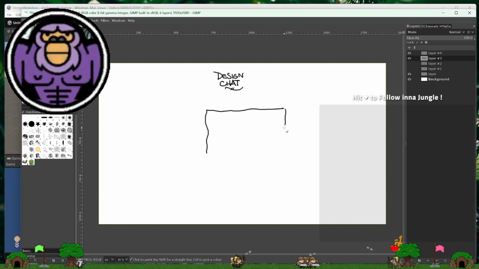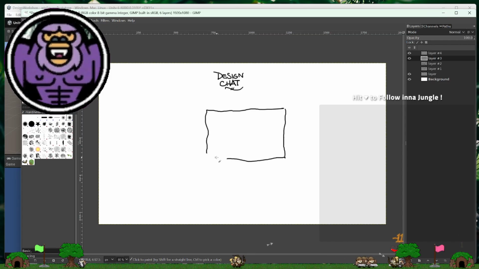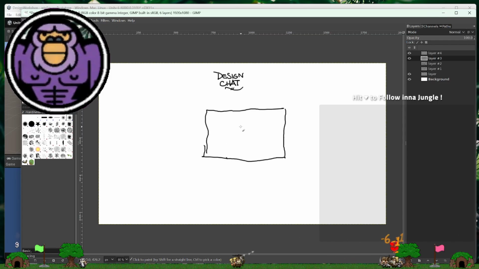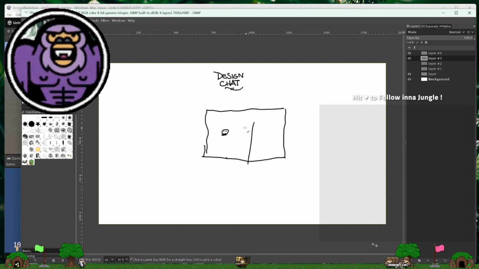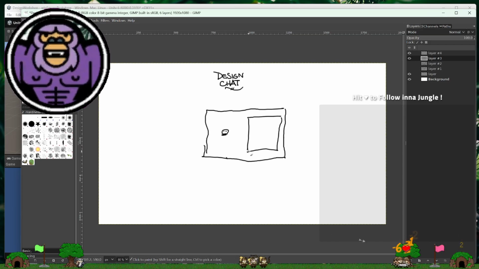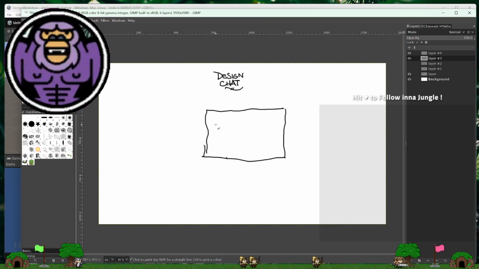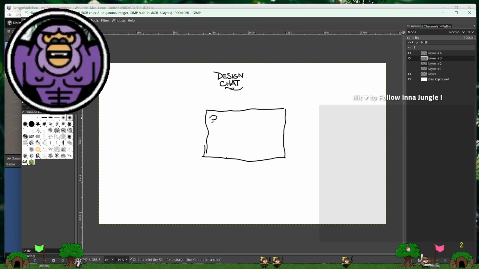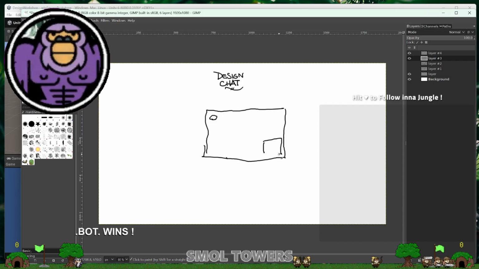Well, I really cannot draw a straight line with this tablet. It's so sad. But let's imagine our little guy and the square. Oops, the win square. And this is level 1, right? No big deal. And now level 2. We can put the little guy over here, and the win square over here.